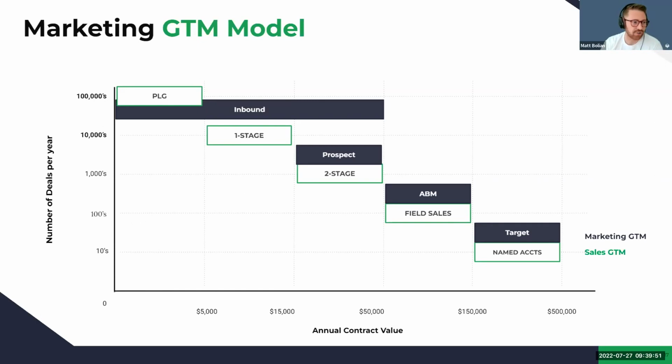I'm going to stop for a second. There is a question to ask. Recent data from Gartner and Forrester says the majority of buyers are comfortable spending about $50,000 without speaking to a rep, and are more comfortable with an inside sales model for larger purchases. Has this impacted your view of sales go-to-market motion?